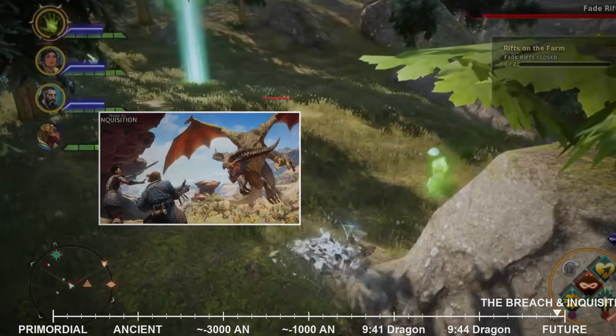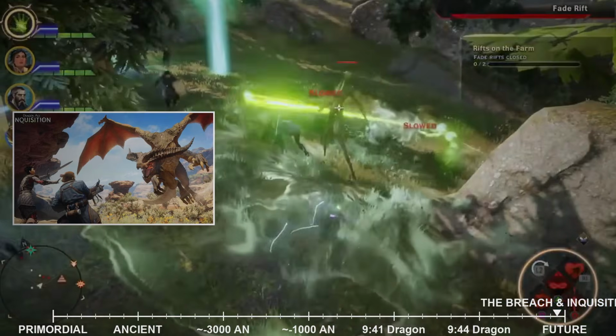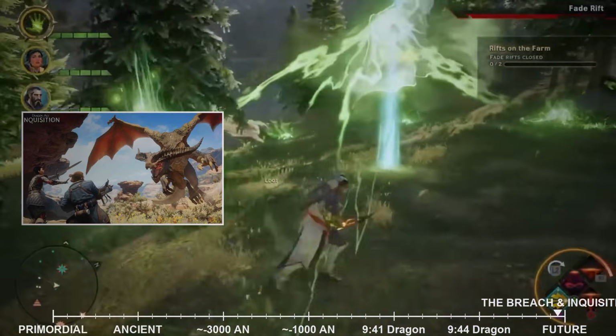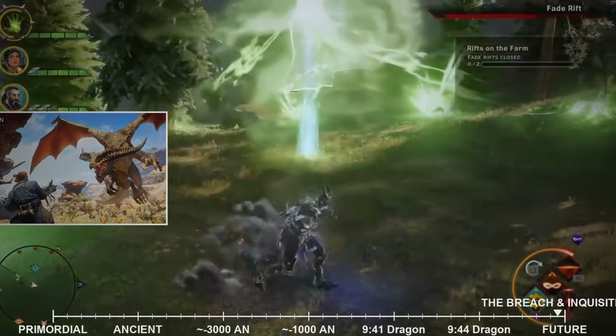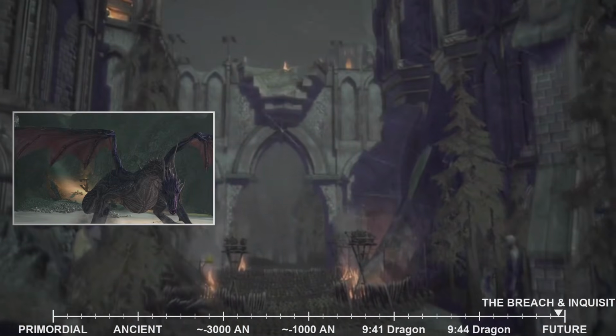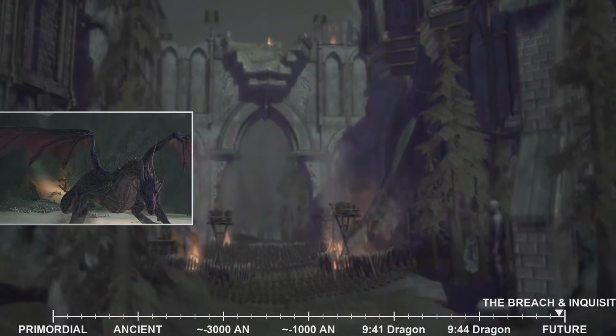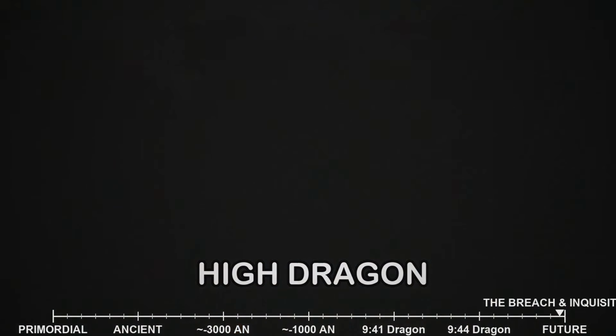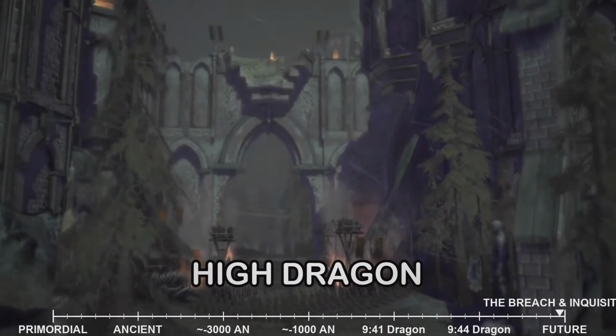The Inquisitor and their companions, alongside the combined might of the Inquisition's army, fought tooth and nail, pushing through waves of enemies, their resolve strengthened by the knowledge of what was at stake. It was within the crumbling walls of Adamant that the Inquisitor and their companions faced a truly terrifying adversary, Corypheus's dragon, a high dragon, corrupted and twisted by his dark magic, a monstrous beast of immense power and destructive capability.